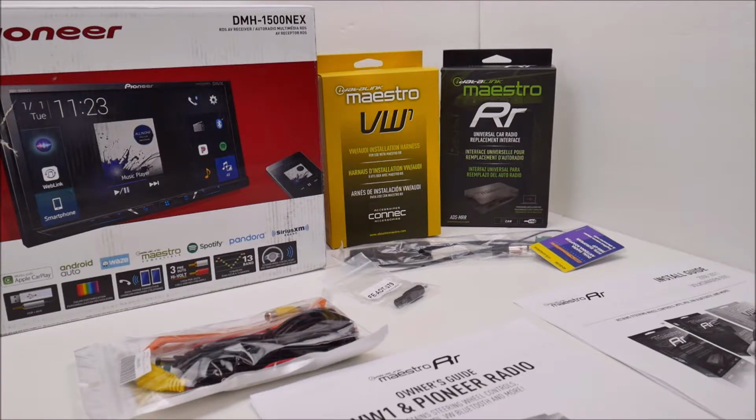It's a great plug-and-play unit. It's reasonably priced. You can get your steering wheel controls to work with it. You've got Apple CarPlay and Android Auto. It's touchscreen. It's much better than the factory radios, of course, but it's real limited. And so one of the reasons I didn't go with a higher-end aftermarket unit at the time was because of